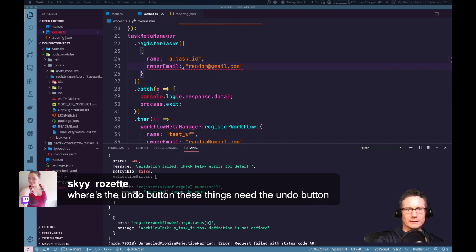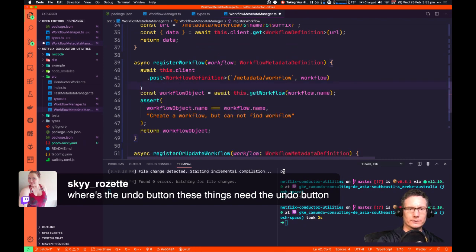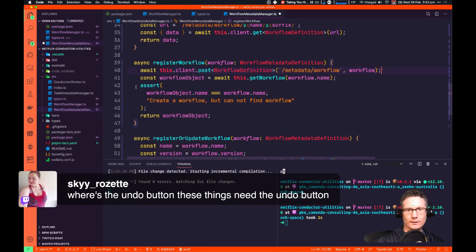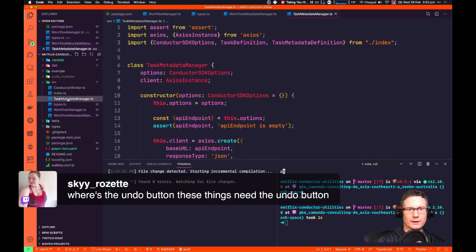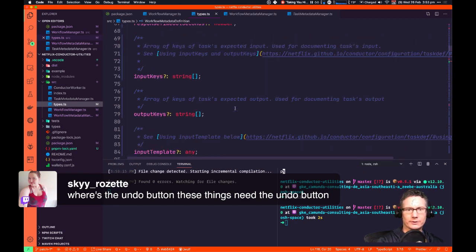Okay, so the task definition metadata. Okay, so we can now take this off. And we also now know that we can catch it in the... Okay, task metadata manager types: task metadata definition, task definition extends task metadata definition.